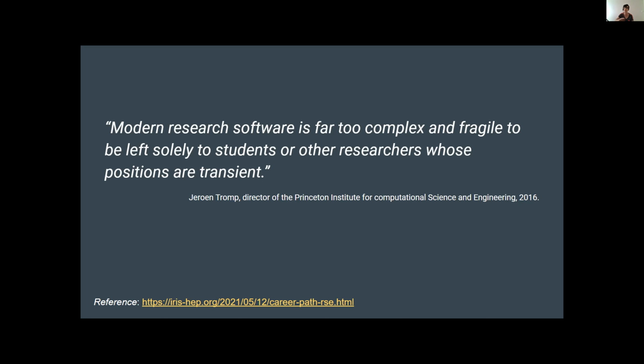This is all about the temporary positions we have, where a PhD student is developing and doing a really great job, and then they just disappear because there is nothing afterwards. And this is an issue in academia.